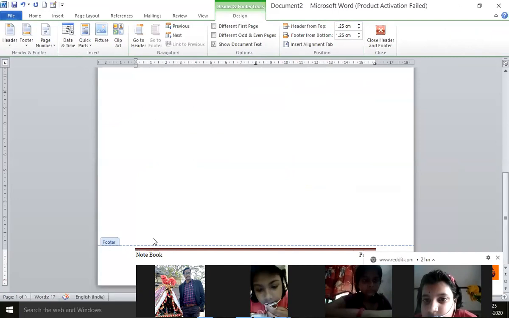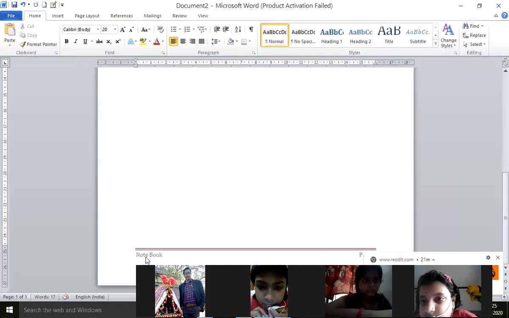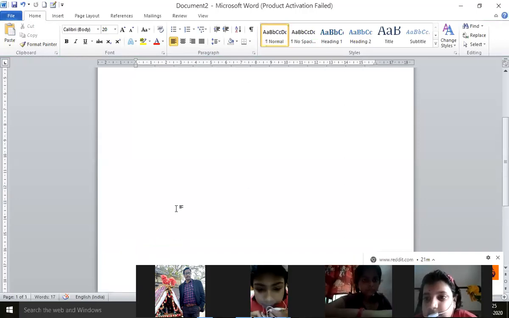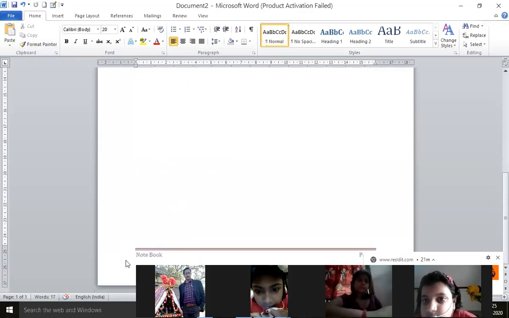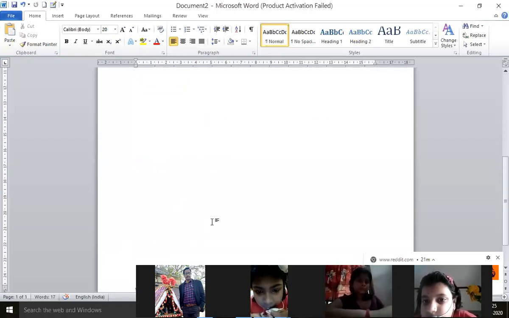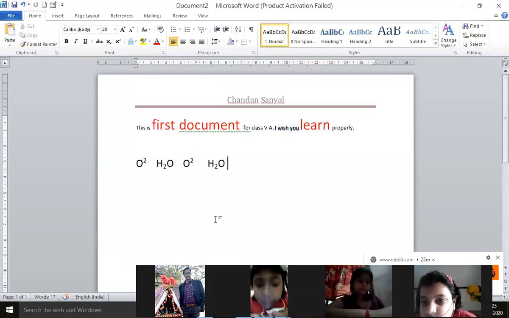So this word notebook will appear below the text area. Above the text area my name is appearing, and below the text area the notebook is appearing. So if you want to write anything above the text area or below the text area, then you can use headers and footers.